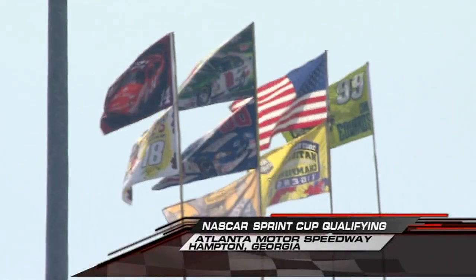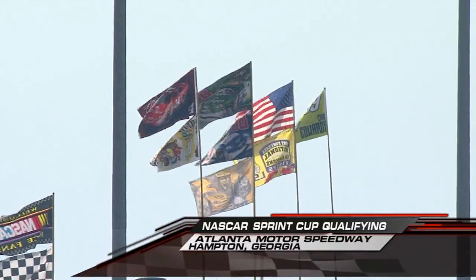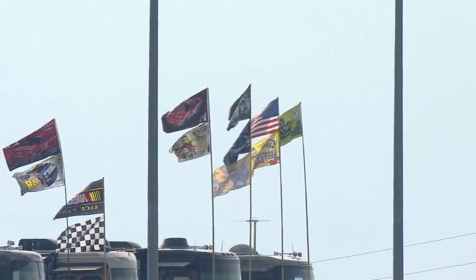Martin Truex Jr. picks up his second pole of 2009, 3rd career pole, and Miss Wendy Venturini is standing by with him. And the second pole of the year for Martin Truex Jr., the first one for his series here at Atlanta. Congratulations on the pole. I love when the Cup drivers stay out here for the very last car to qualify. It shows how excited you are. Well, it just shows how much it means for us to get one of these poles. They're not easy to come by, and it's a little nerve-wracking waiting for all these cars to go,